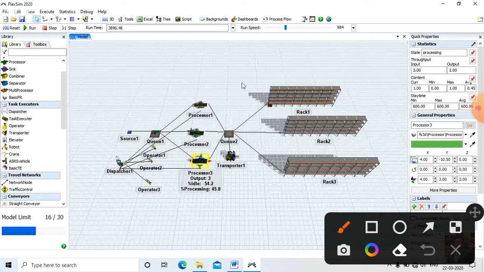So first condition satisfied, that is red passes from processor 1, green passes from processor 2 and blue passes from processor 3. But third condition not satisfied, that is Q2 use transporter 1. Here we can't see transporter 1 pick and drop to respective. And again second condition, that is all 3 products collect in one rack only. Our condition is that red product should be collected in rack 2 and green should be collected in rack 3 and blue should be collected in rack 1. So for that again we reset, then